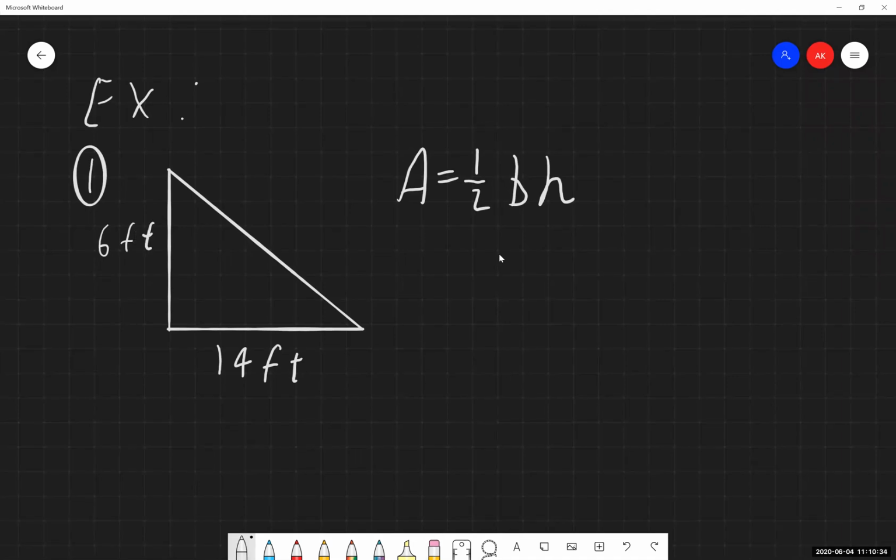Looking at our picture, and this is one thing I love about geometry, it lends itself to having visuals. The base of this triangle is going to be our 14 feet, the part that's on the bottom. And then the height is going to be this distance that we have here, the 6 feet. And all we're going to be doing is just plugging those in, or substituting those in, I should say, for their respective parts in the equation. Oops, the base is 14, not 16.